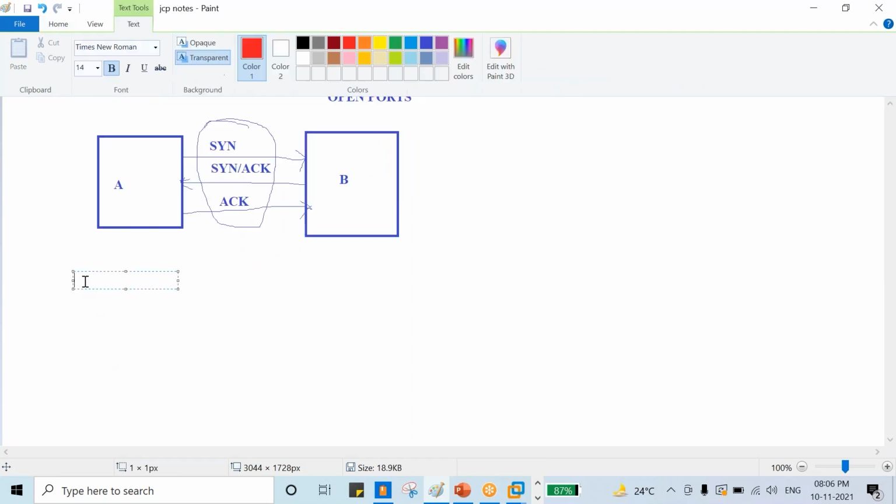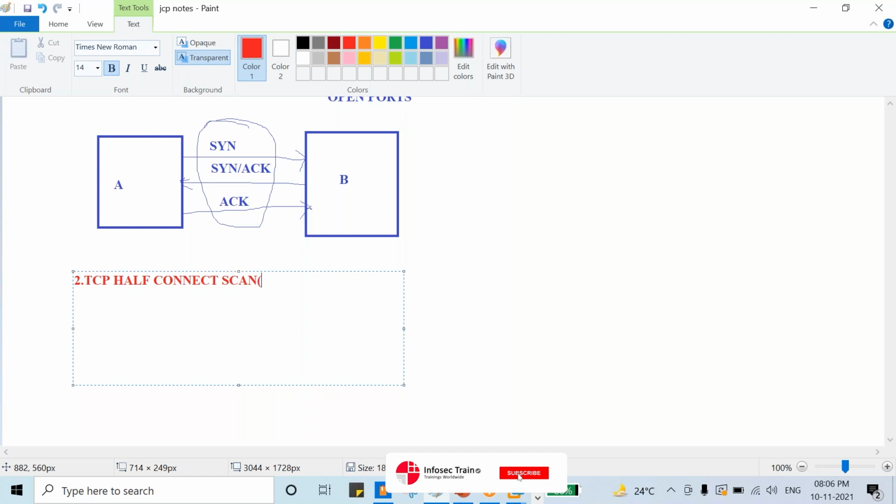That is the TCP half connect scan. Need not worry about practicals, I will show the practical once I have completed this theoretical part. The TCP half connect scan, we can also call it the half open scan, or we can also call it stealth scan.